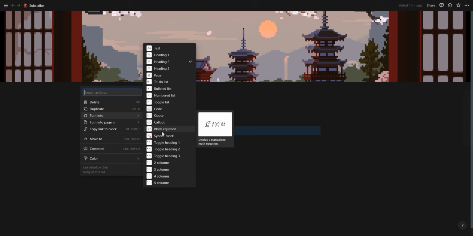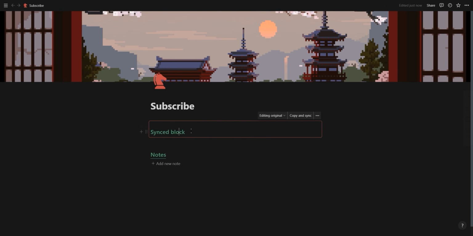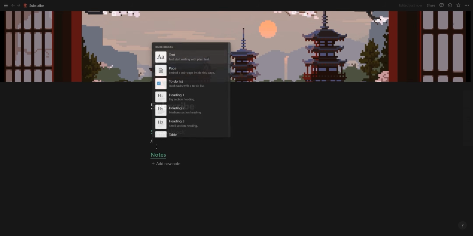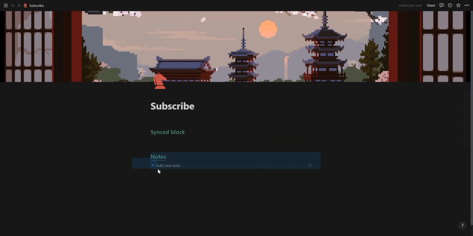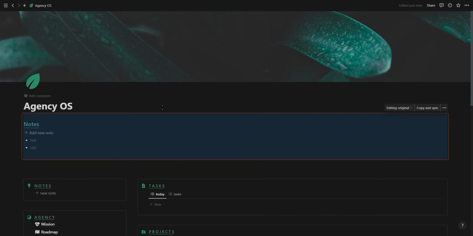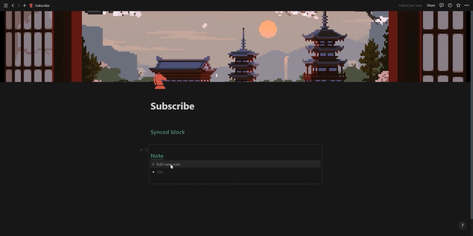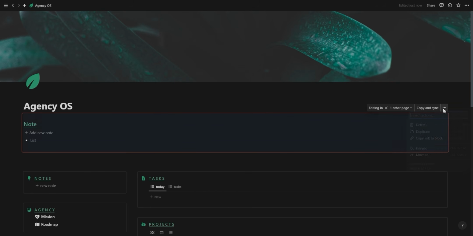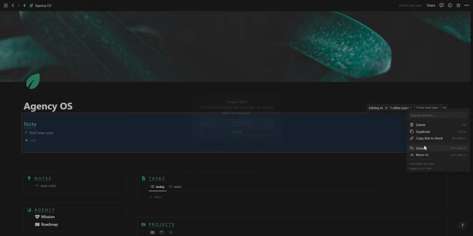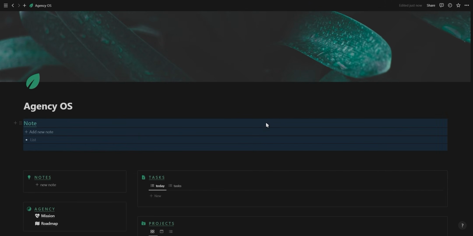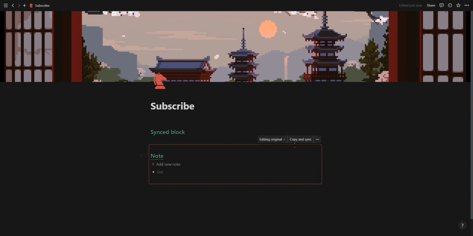You can sync Notion blocks from one page to another by either turning a block into a sync block or creating a new sync block and dropping the content inside. Simply click copy and sync and paste it inside any Notion page you want. If you make edits inside the synced block, it will also change any instance of that synced block. If you want to make changes to a specific sync block without making changes to the others, then simply click on unsync. And just note that if you click unsync on the original sync block, then it will erase all